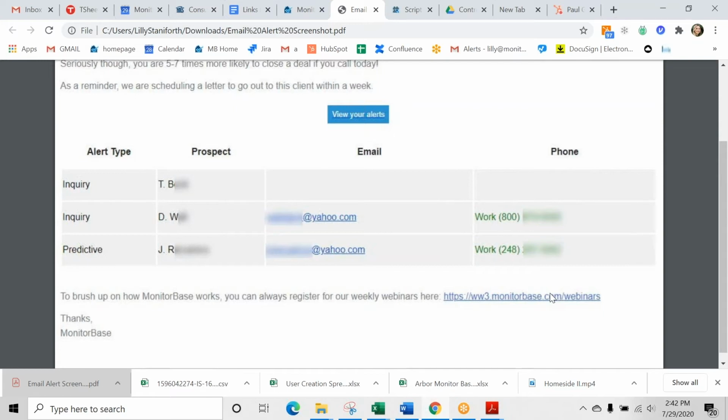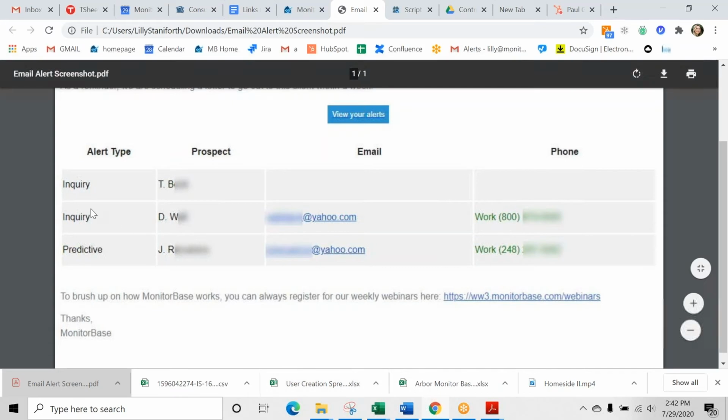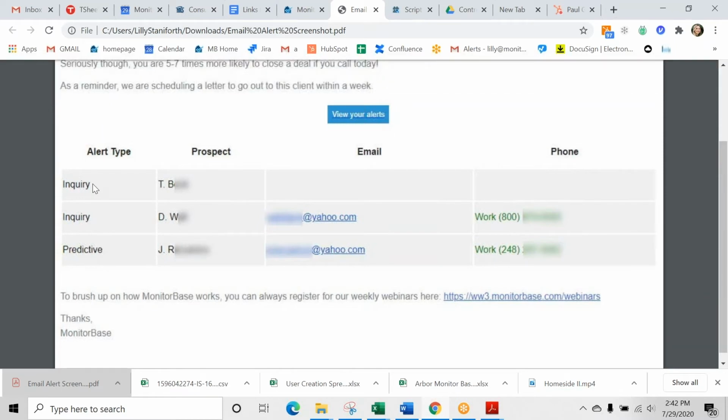Okay, yeah. So all of our data for our alerts comes from their credit data from Experian. The difference between an inquiry and predictive alert is that with an inquiry alert, there's only one reason why you're ever receiving that alert, and it is specifically that they have applied for a mortgage with a competitor. That's really the only reason why you're ever receiving an inquiry alert. But predictive alerts are a little bit more flavorful. There's several reasons why you could receive a predictive alert on a client, and all of them are going to be really helpful, but they do have different reasons.